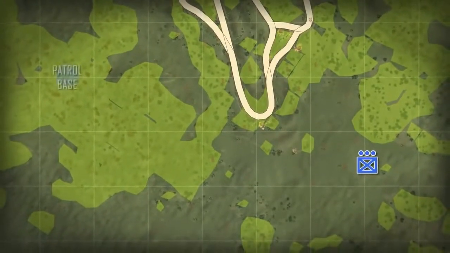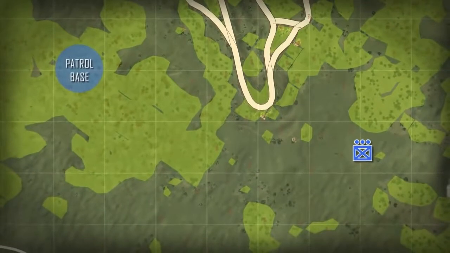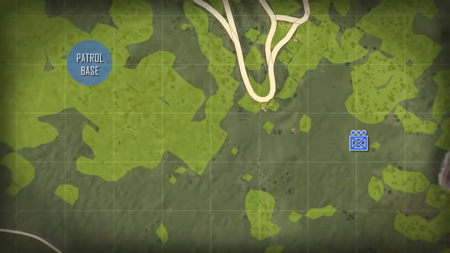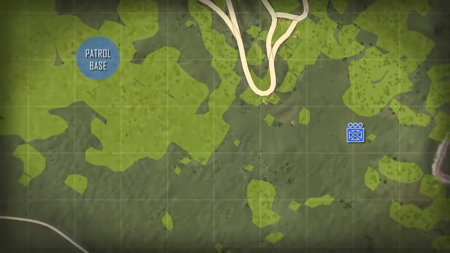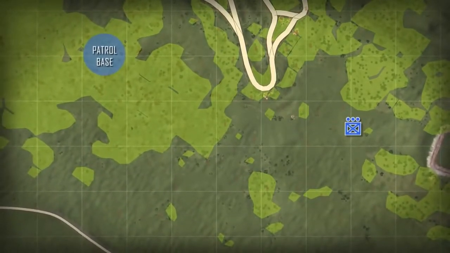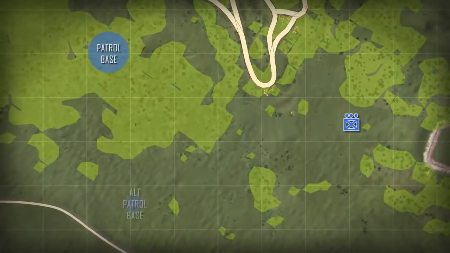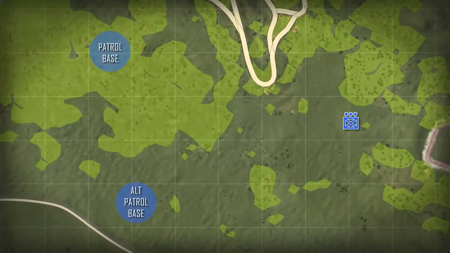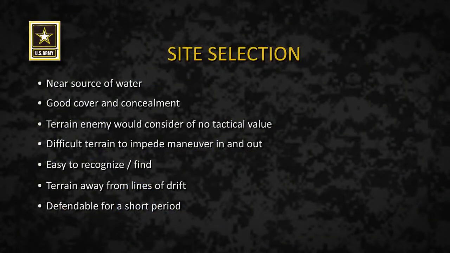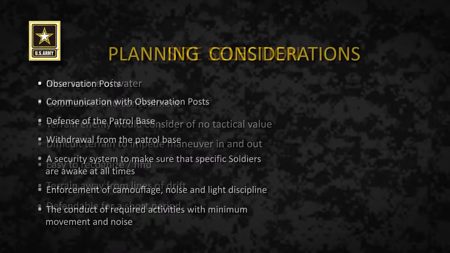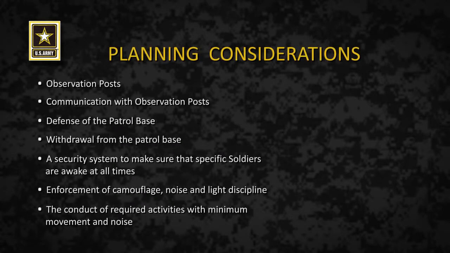The patrol leader selects the tentative site from a map or by aerial reconnaissance. The site's suitability must be confirmed. It must be secured before occupation. Plans to establish a patrol base must include selecting an alternate patrol base site. The alternate site is used if the first site is unsuitable, compromised, or if the patrol must unexpectedly evacuate the first patrol base. Site selection criteria includes the following. Planning considerations are: